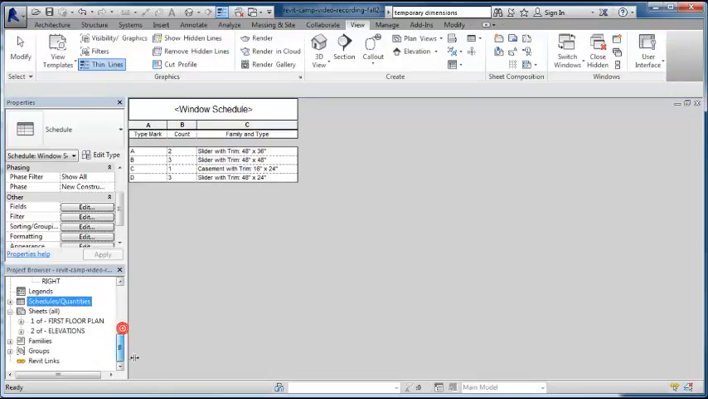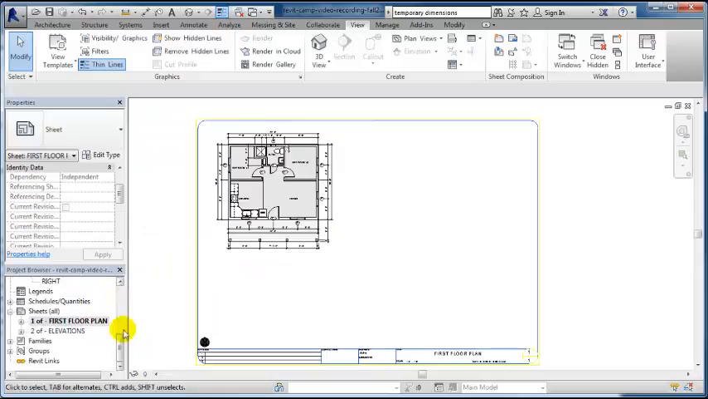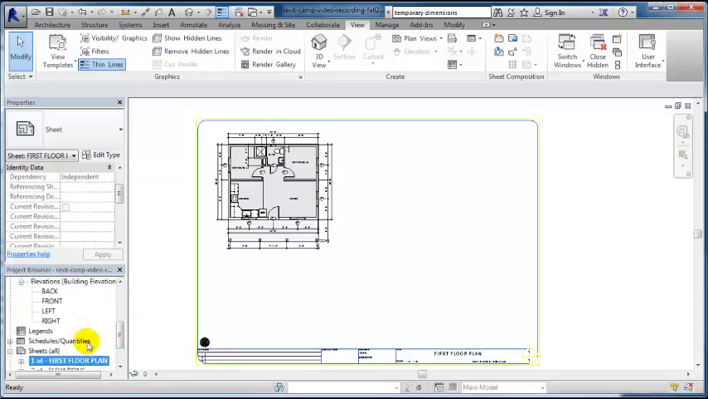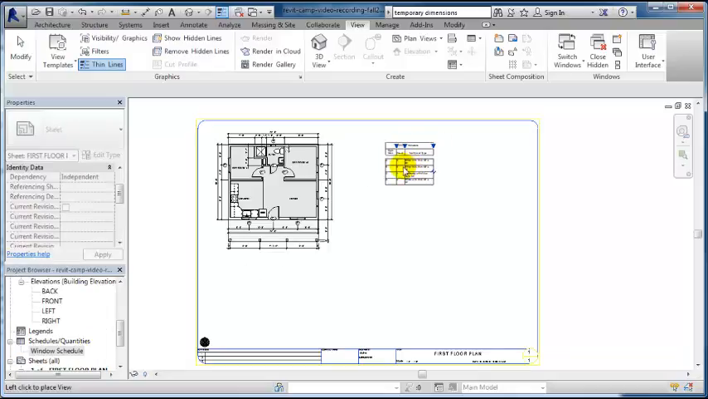Now we can drag and drop that window schedule onto our floor plan. So I have to have the floor plan current and active. I'm going to scroll up to where I have schedules and quantities, and you see I have a plus sign next to that, and then our window schedule we just created is there. If I click on that, hold down my left button on my mouse and drag, I can place the window